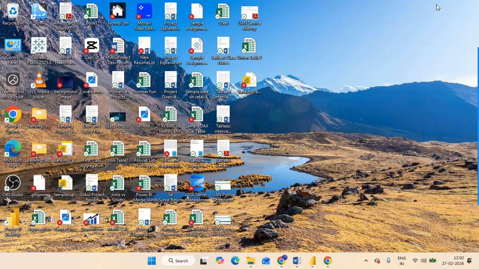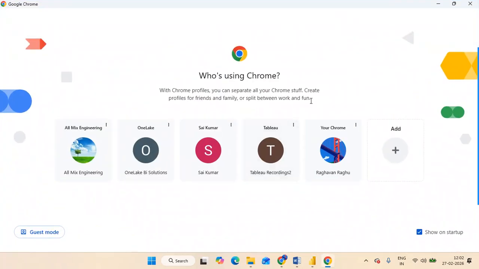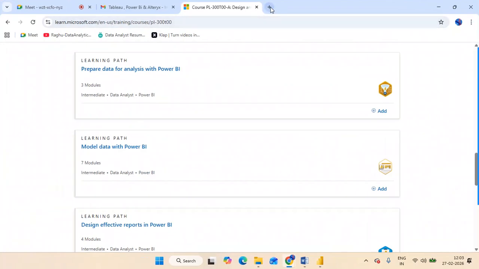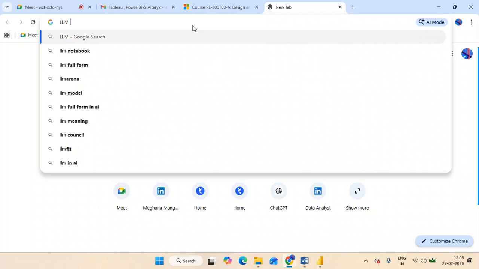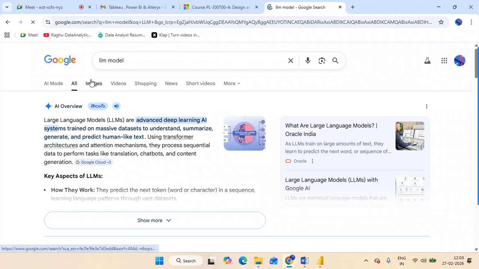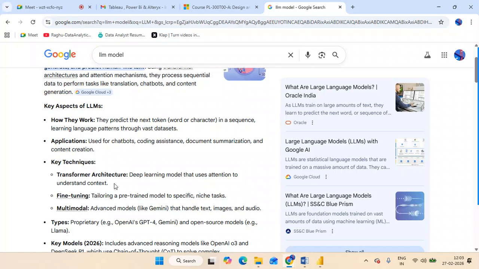So the better way to understand, see guys, if you don't understand anything, let's say what I do first, in case I'm very new to that. Let's say I'm just learning some LLM, or I'm trying to improve myself in generative AI and agentic AI. What I'll do first is, if I want to understand what an LLM model is, instead of reading all the stuff,